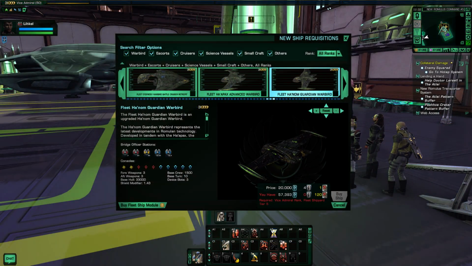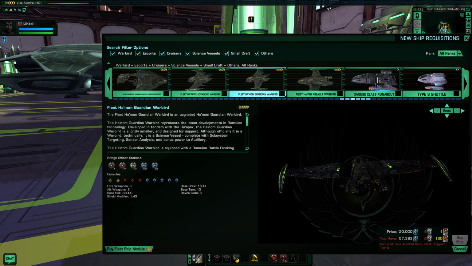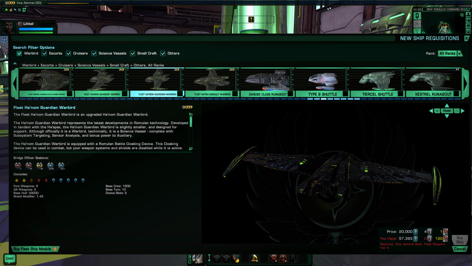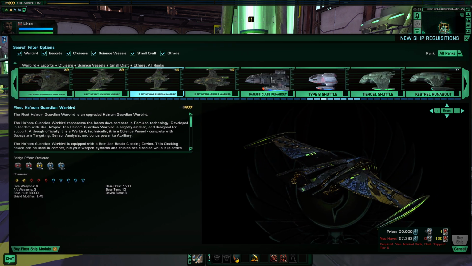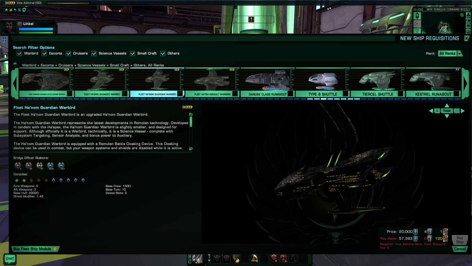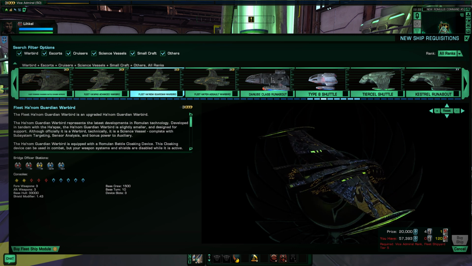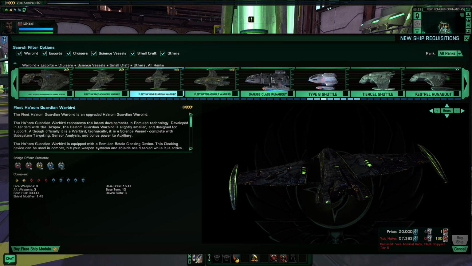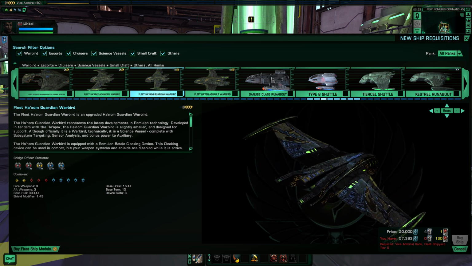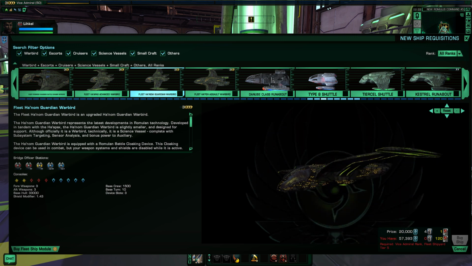For the Romulans, there's only really one competitor, the Fleet Hanom Guardian Warbird. This is about as durable as the Palisade. It has the same base hull, a 1.4 shield modifier, and a larger crew, but it trades off an engineering console for a third tactical console and downgrades the Lieutenant Commander Engineer, replacing it with an Engineering Lieutenant and a Tactical Ensign. The Universal slots are also gone, replaced by a Tactical Lieutenant and a Science Lieutenant Commander, so while